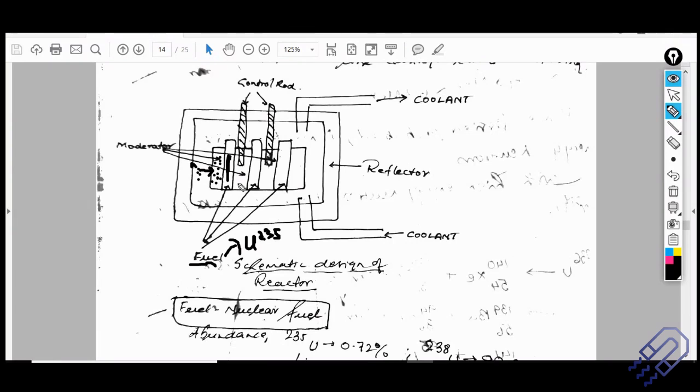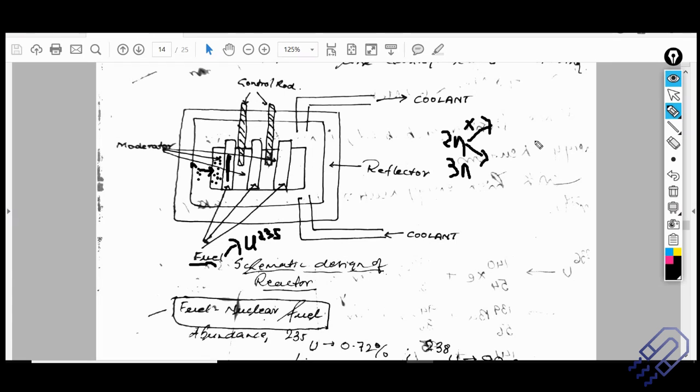But then what happens is, in all of the reactions that I've shown you, you might have two or three neutrons. Which is not helpful, because if we have more neutrons, this will set up a chain reaction. From 3 neutrons, it will become 3 into 3, 9, then 27 and so on. We already know this. So what I need to do is cut down. If I have 2 neutrons, I want to cut down 1 neutron.